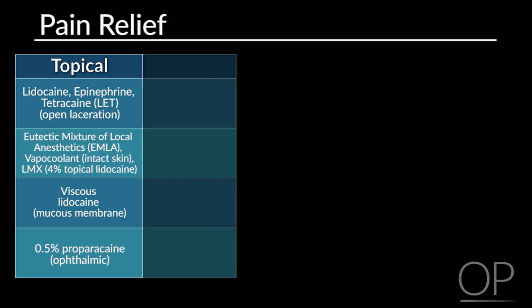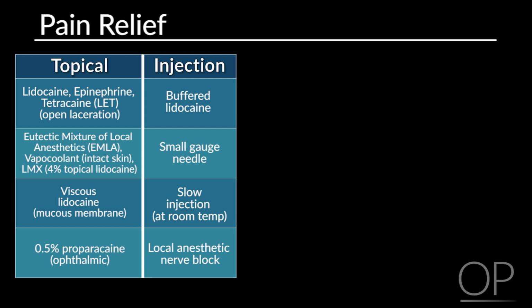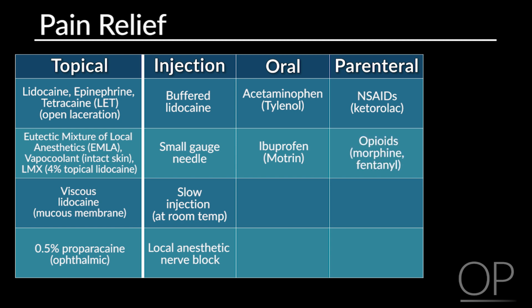Again, we talked about when you're using an injection, to use buffered lidocaine, to use a very small gauge needle, to go very slowly. Another alternative is to apply a block, so you can actually put the medicine away from the wound but manage all of the pain control. If they are in pain, you can use certainly parenteral medications like ketorolac. You can use oral medications like Tylenol and Motrin. And you can certainly, if it's significant pain, consider right at this point using an opioid such as morphine or